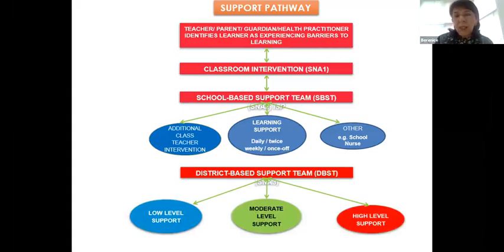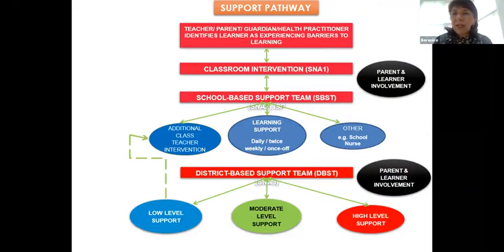Once they have a look at all the documentation that comes through, they will decide whether this is low support, moderate support, or high level support that the learner needs. If it is low level support, they will then give advice to the classroom teacher.